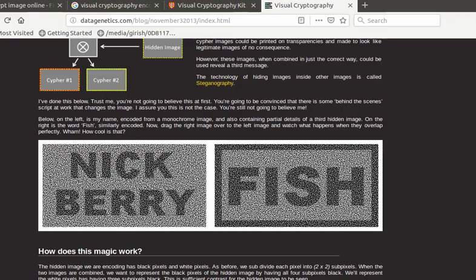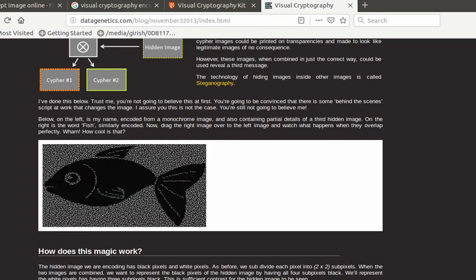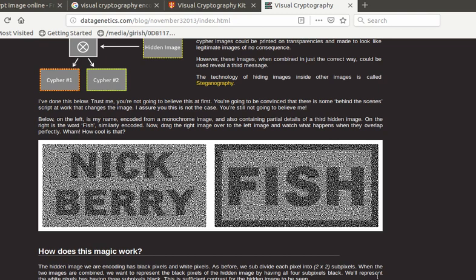Another example: this website has already implemented this, and I am just referring to it for your understanding. Here, the first layer is what? Nick Berry is there, another one is a fish. So both are different images, right?